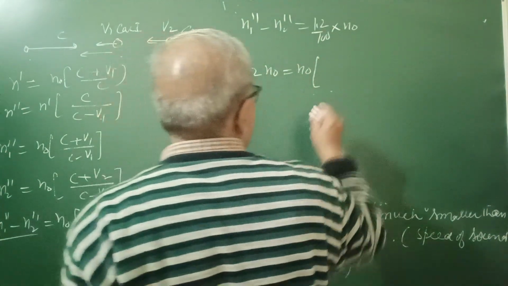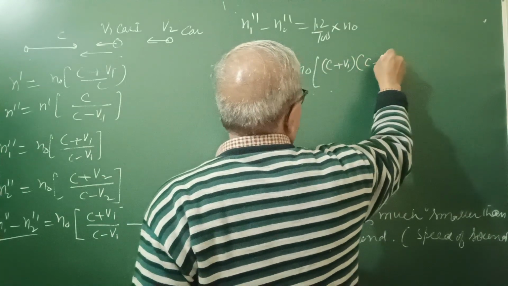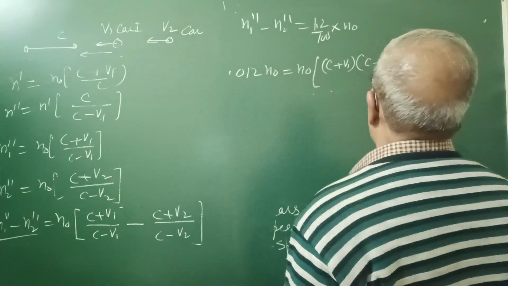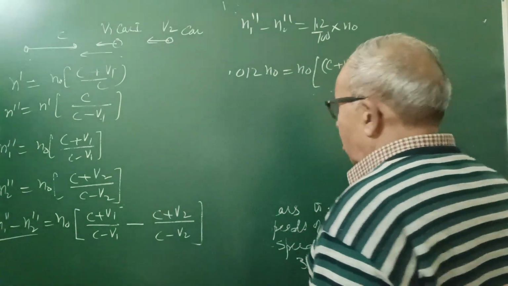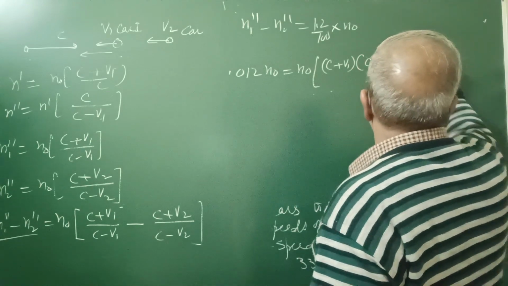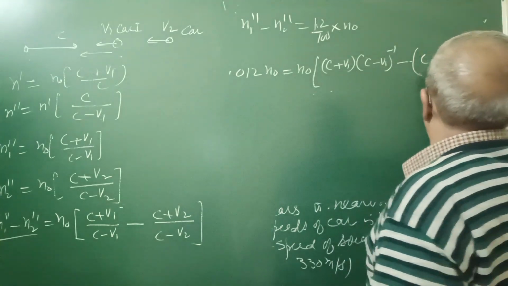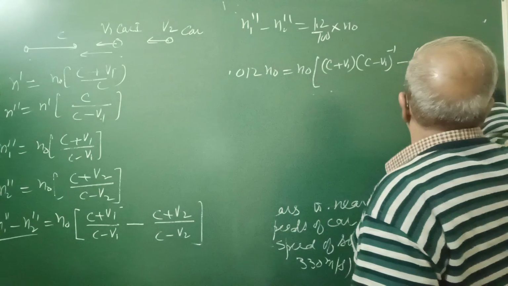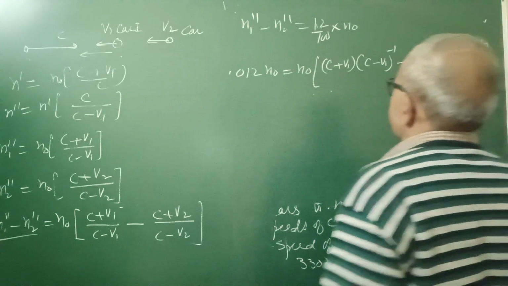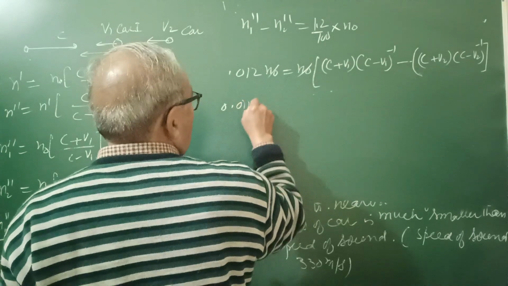I can write this thing as (C plus V1) into (C minus V1) to the power minus 1, minus (C plus V2) into (C minus V2) to the power minus 1, and N0 cancels. 0.012 is equal to